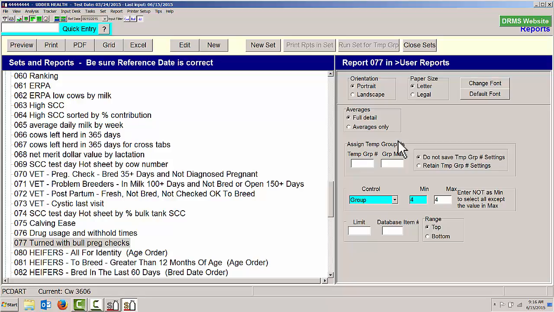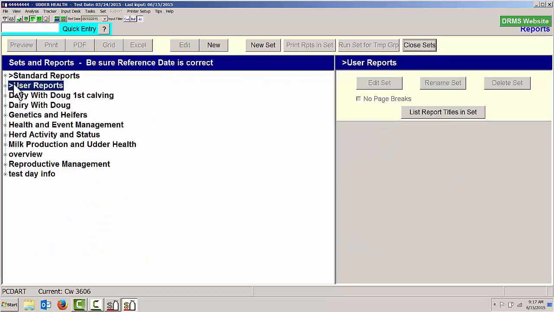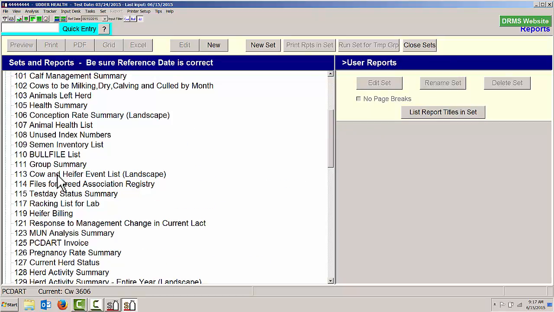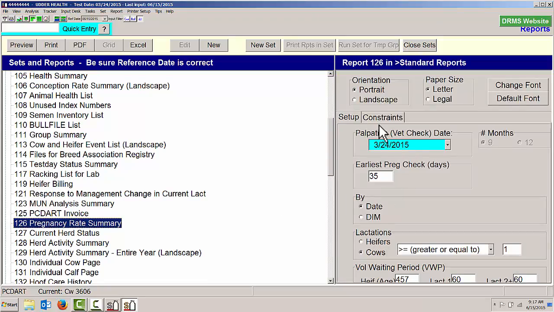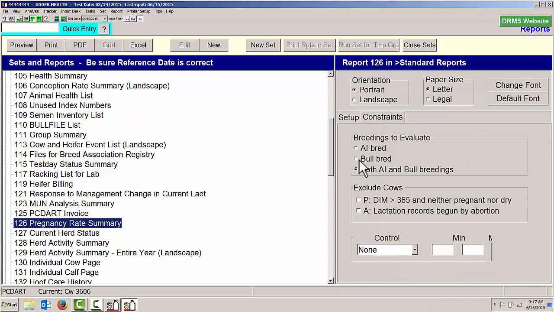Once I get those cows entered into the PCDART program as estimated bred date, I want to be able to do some analysis work on what's going on with those bull bred cows. First place I'm going to go would be my standard reports. First of all, report number 126, which is my preg rate summary. In the constraints, I want to be looking at just my AI bred because I want to exclude my bull bred cows. I could have chosen both AI and bull breedings, but I'm going to use just the AI bred so I know my preg rate just for the AI cows,